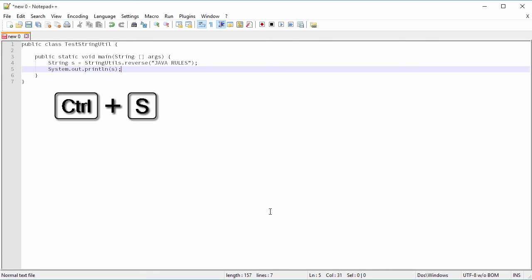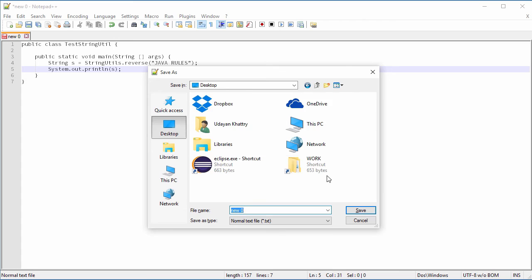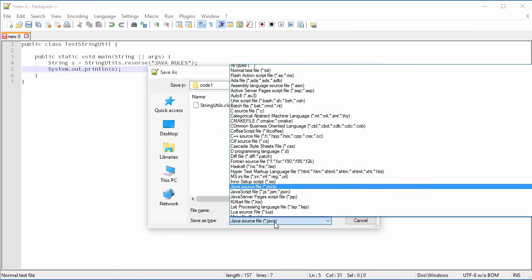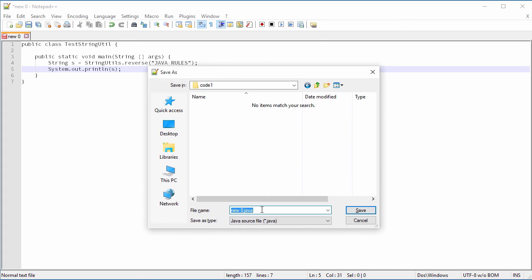Save the file. Let us save it under the same location where we copied string utils.class file. Change the file type as Java. And any guesses about the name of the Java file? It should be same as the name of the public class, that is test string util.